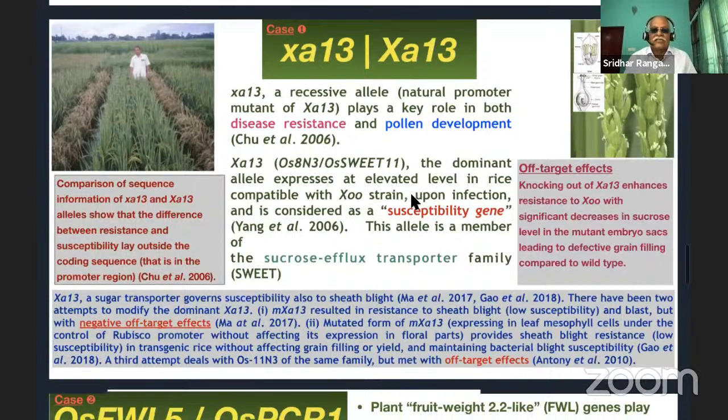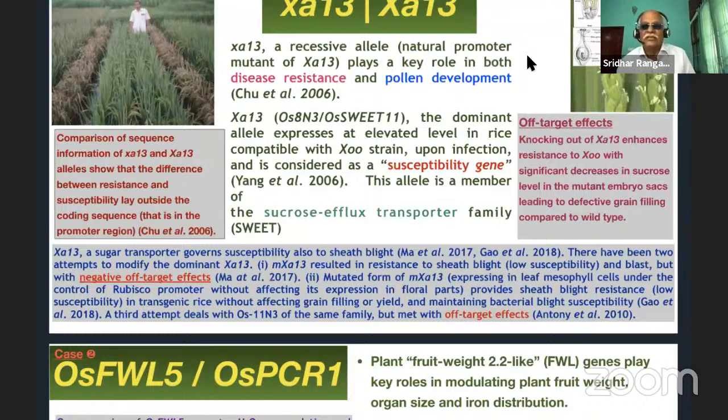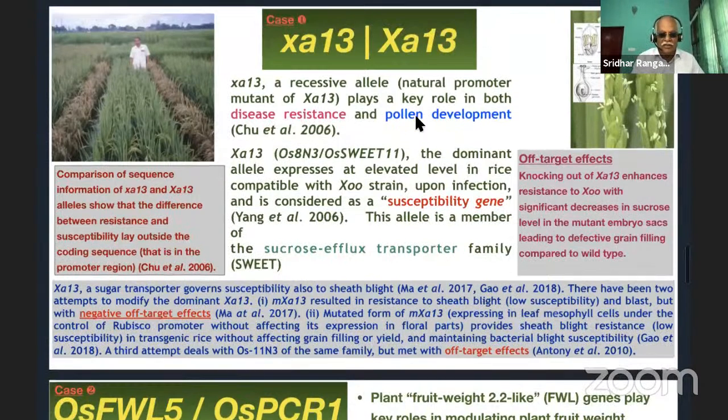The susceptibility gene, it's Johnson's hypothesis which has come out. Even when we were working towards the deployment of resistant genes, I used to discuss with my breeders what a susceptibility gene is. The breeder used to say the susceptibility gene is nothing but your resistant gene getting mutated, some deletion or insertion in the sequence, and that becomes a susceptible allele. We call it a susceptible allele. But now we know that distinct susceptibility genes exist, and this is one example, XA13.